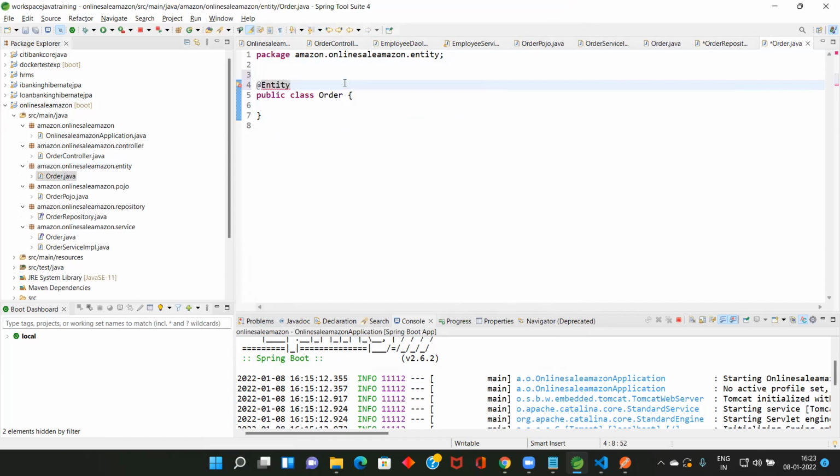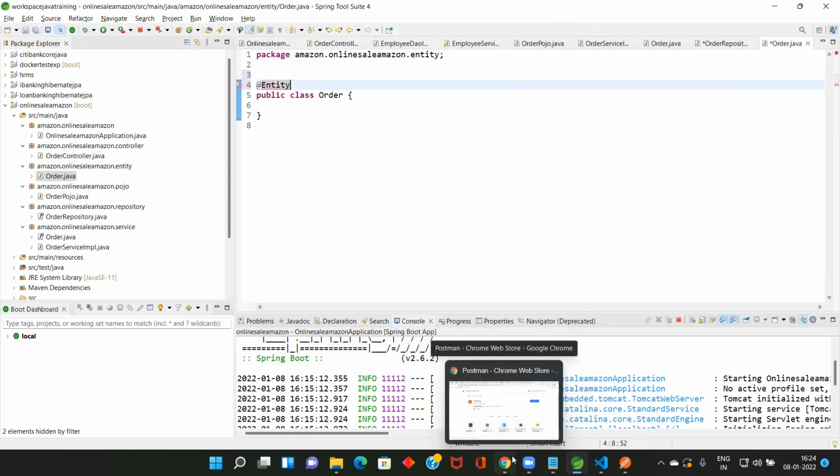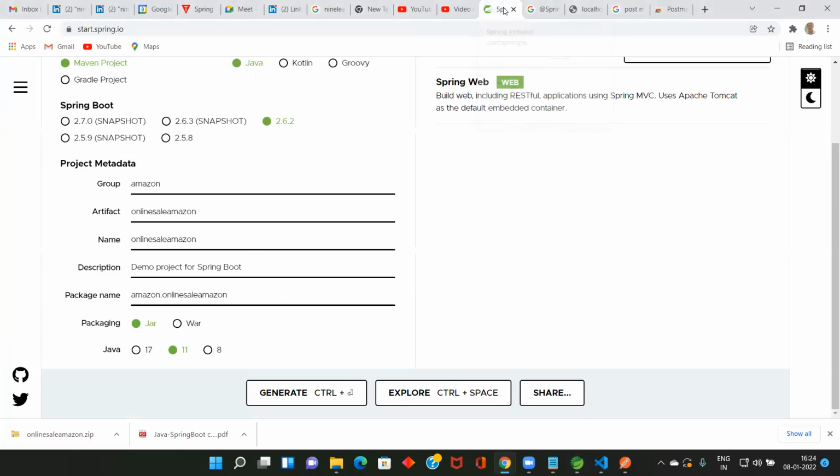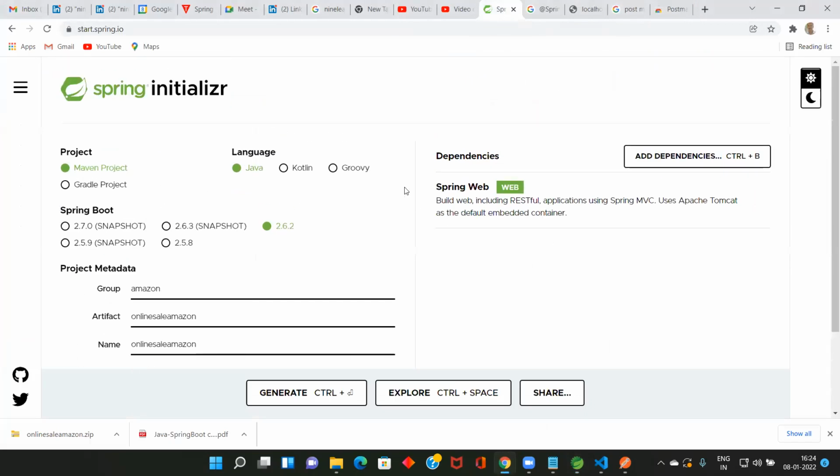So now what we want is to connect to database. So it is not going. So we need to add the dependency. So what I'm going to do, right? I'm going to add the dependency related to Hibernate JPA and the driver. So I will go to Spring Initializer. Already you have something like this, right?